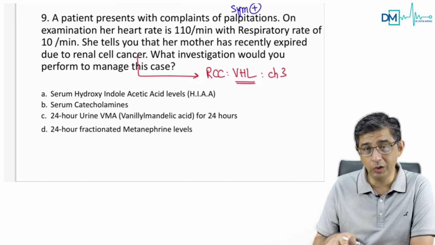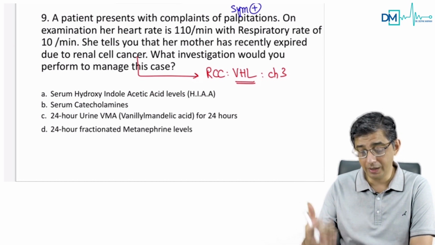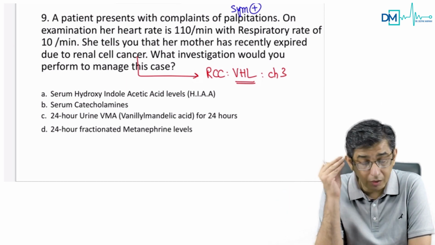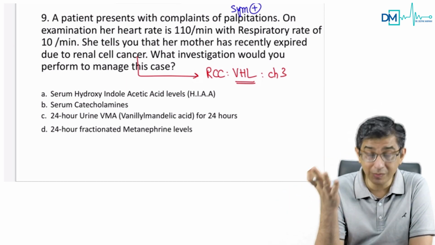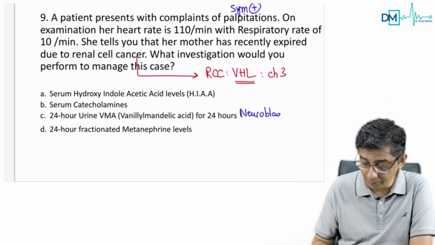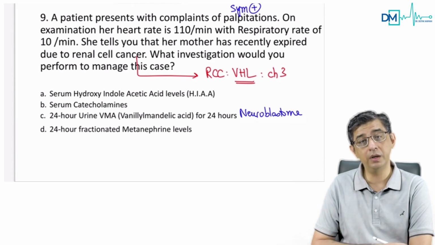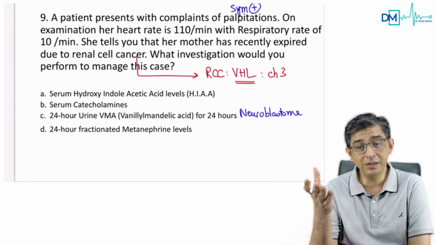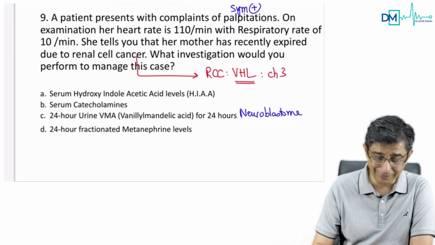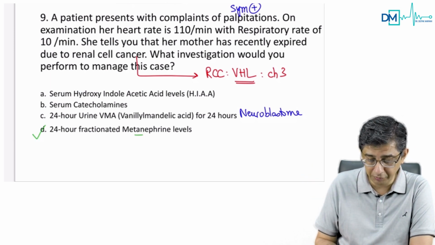No, it is not catecholamines. It is rather end products of catecholamine metabolism. It is not vanillylmandelic acid. I mean, a lot of chaps answer vanillylmandelic acid, guys. I have explained this so many times. Vanillylmandelic acid is not to be answered for pheochromocytoma. Don't fall in that blunder that your seniors have also done. Vanillylmandelic acid is for neuroblastoma, man. The correct answer for this one is delta. That is going to be fractionated metanephrine levels.